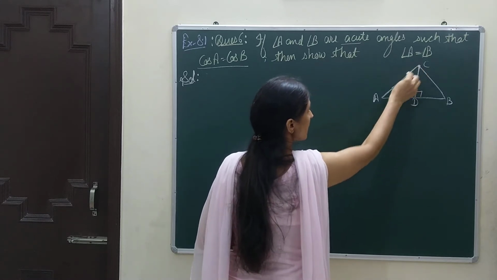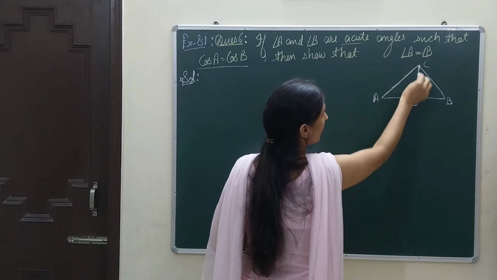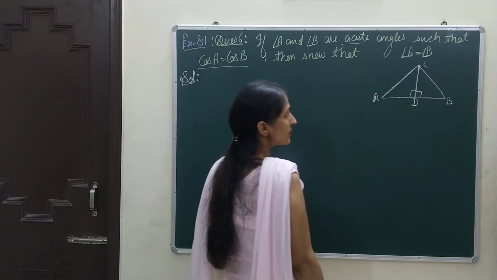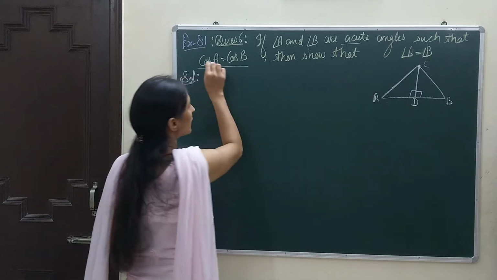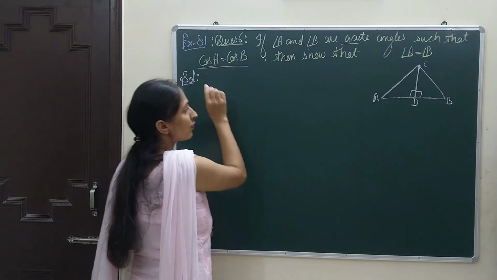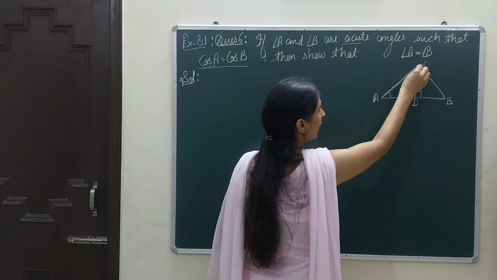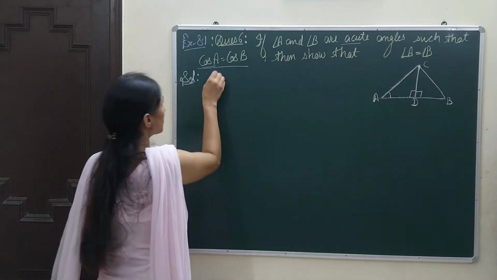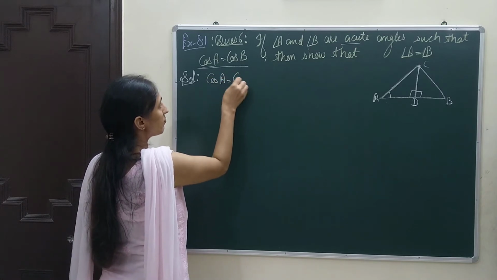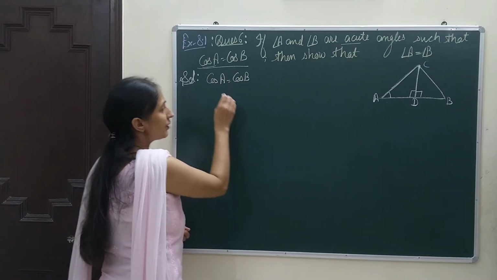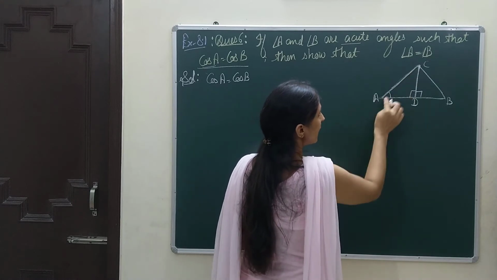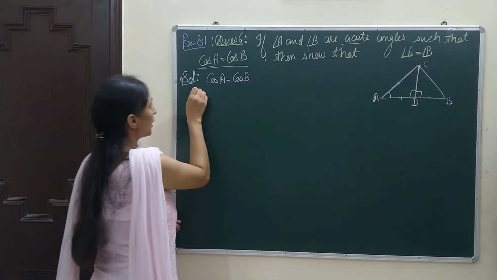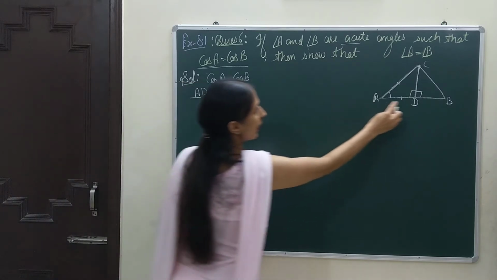That means ACD and CBD both are right angled triangles now. So I can use this result for cos A, where A is the angle of consideration here, and I will try to find the value of cos A from this triangle. First of all, I will write down cos A equals cos B, and I will try to find the value of cos A from this triangle ACD. What will that be? That will be base by hypotenuse. That means AD by AC.